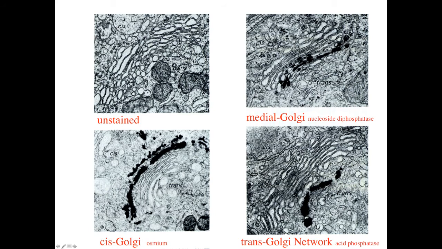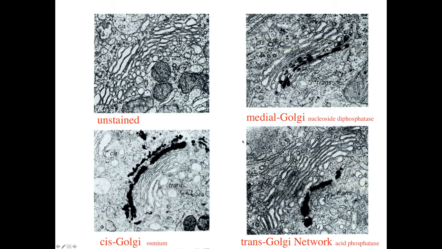Here's a view of the Golgi that's showing the cis region of the Golgi stained. Here's a view of the Golgi showing the medial region of the Golgi stained, and a view of the Golgi showing the trans-Golgi network stained. You don't need to really worry about what these stains are or how the staining is done, but you could imagine if you're looking at movement through the Golgi, you're moving this way into the cis-Golgi, the medial Golgi, and